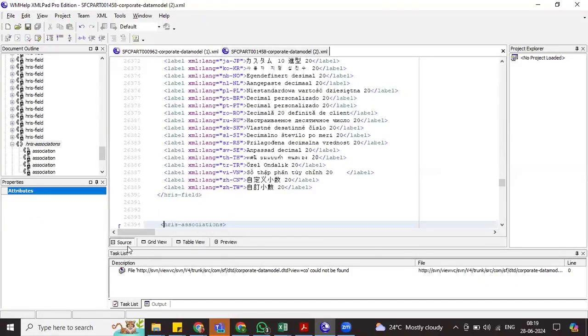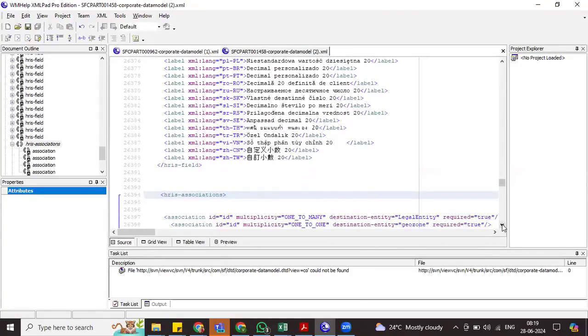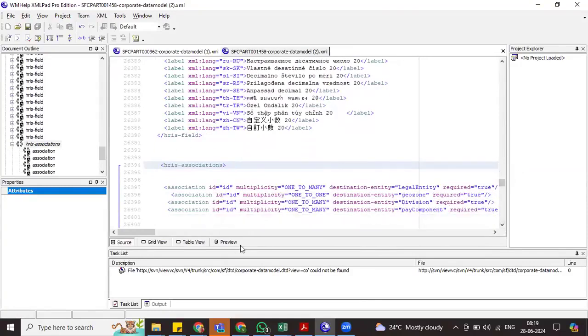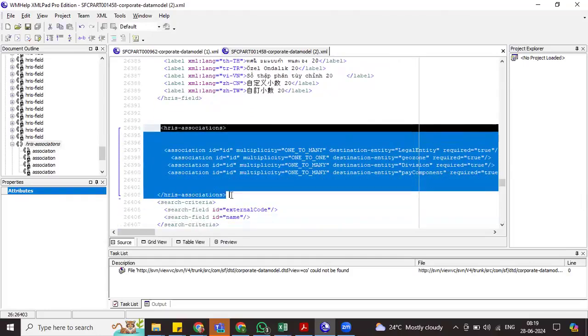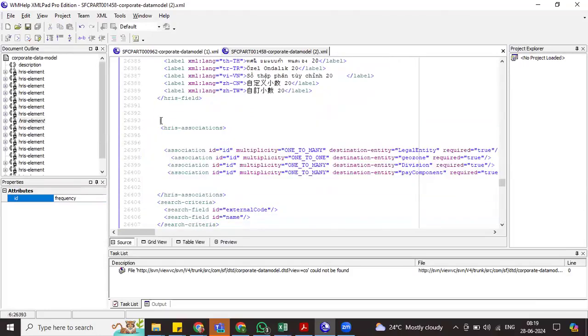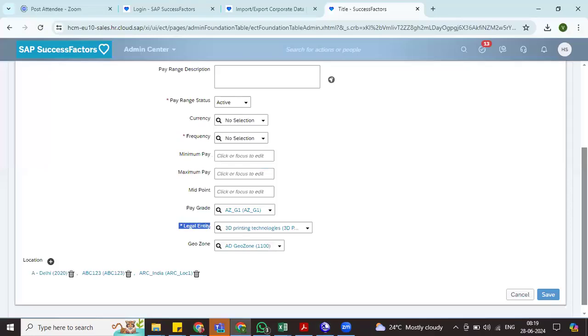If I go here to source, somebody must have added these associations, all of this. If I don't want it, I can just completely remove the code. Or, if I want to keep it as it is but don't want the system to execute it, I can do that. Now if I go to the frequency object here,